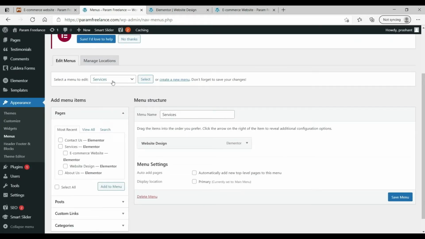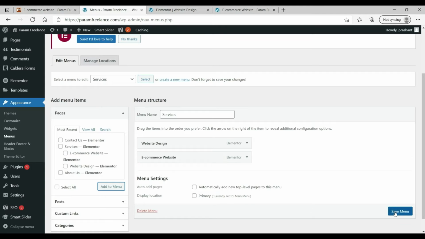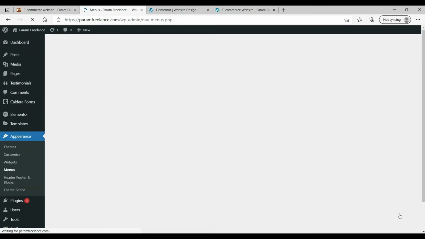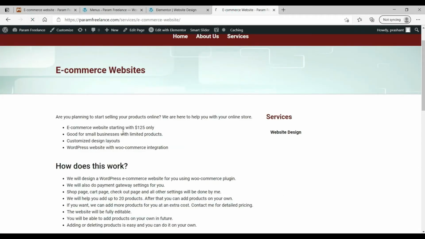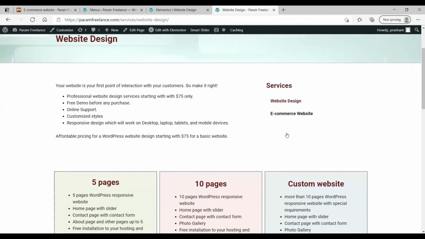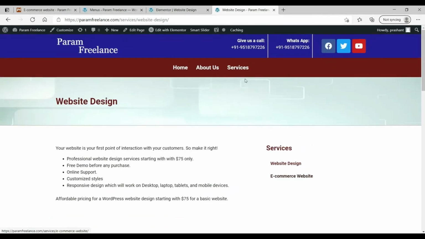Right now it shows the services tab, so select it and select this e-commerce website, add to menu. Okay, now click on save menu. Okay, so refresh it. Okay, you will see this one here also, and if you go back to the website design page, you will see both the services here also.